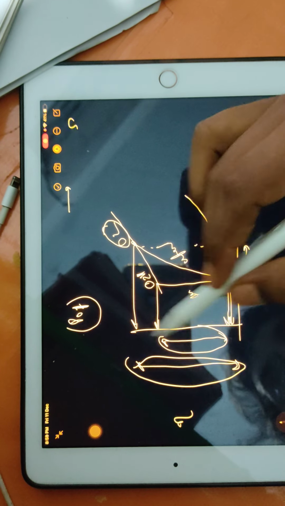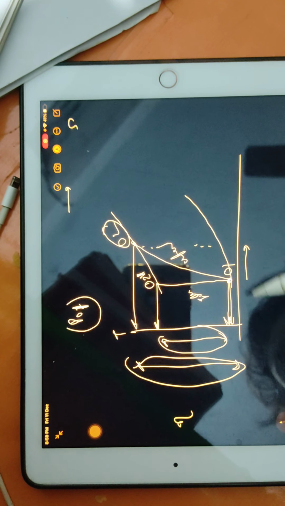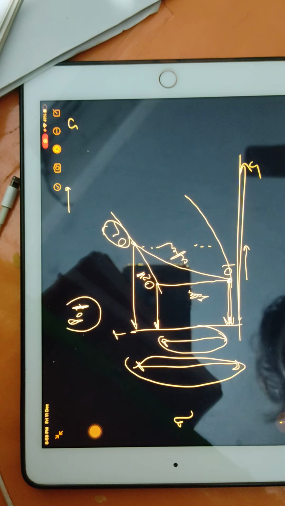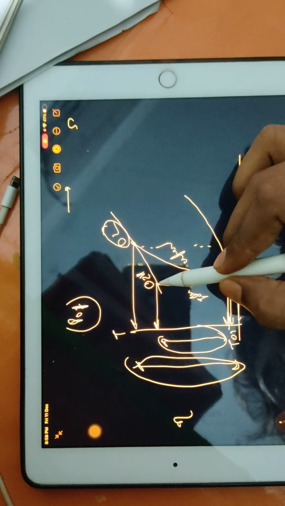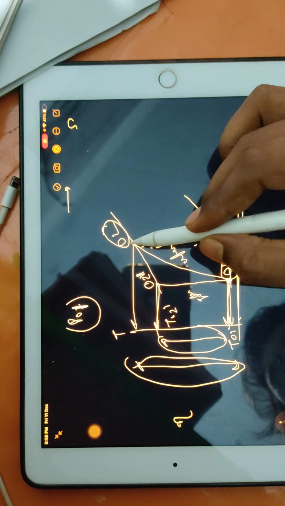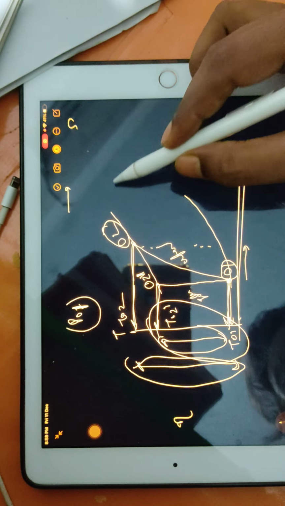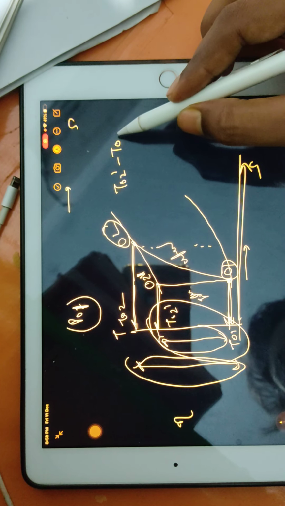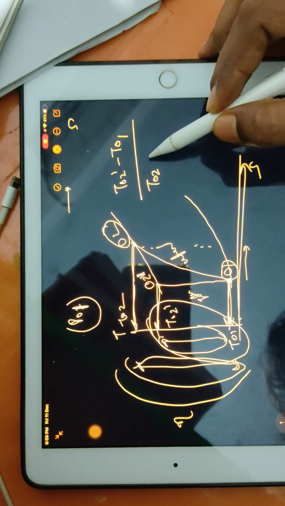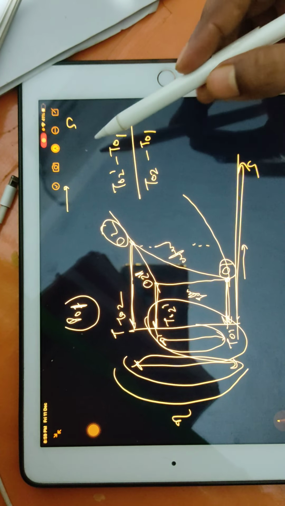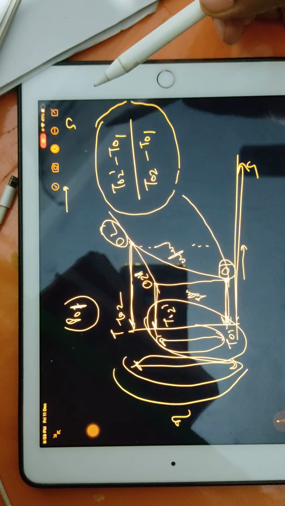So on our T axis, we have temperatures, and on our entropy axis we have entropy. This 0.1, if you read here, will be T01. This will be T02 dash here, and this will be T02 here. So find this subtraction gap, T02 dash minus T01, and divide it by this gap, T02 minus T01. So this becomes the isentropic efficiency of the compressor.